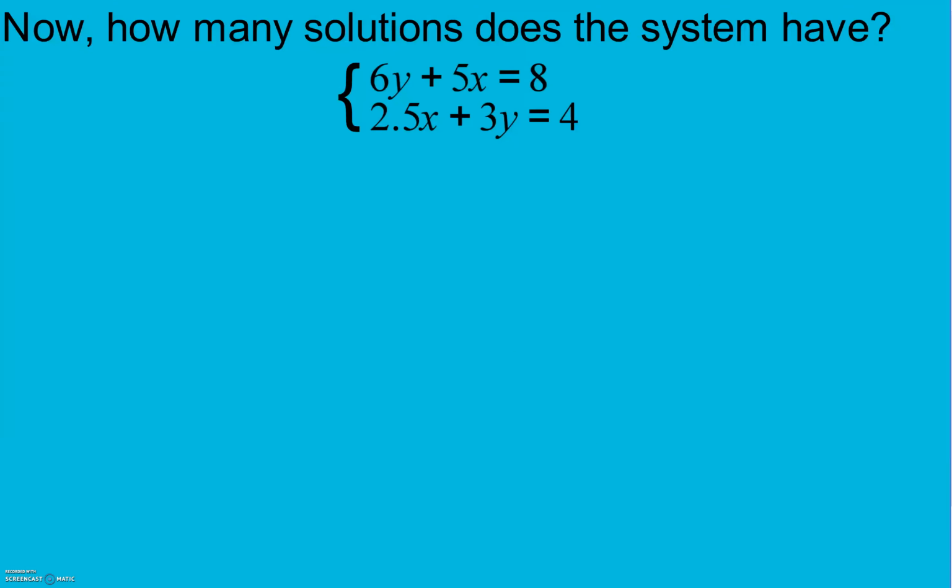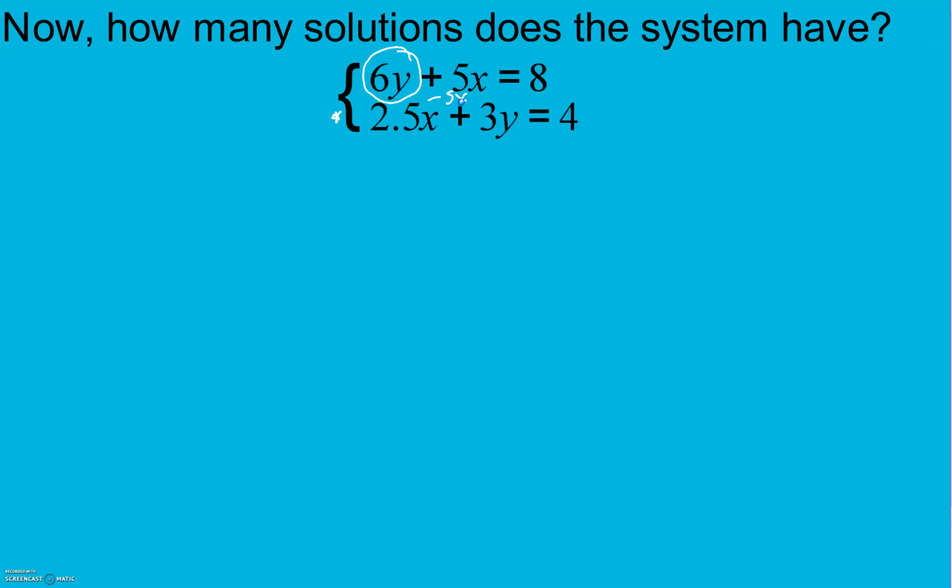Feel free to pause and give this one a try if you'd like. If we look here, it doesn't look like any of these systems are going to be super great to solve for a variable. So I'm just going to pick one. And I'm going to pick this 6y. Two reasons. I don't want to deal with this equation because it has a decimal in it. So when I solve there, it gets extra tricky. And when I substitute into a y in the second equation, I distribute a 3 instead of a decimal. So you could have picked any of these to solve for, but that's the one I'm going to solve for,